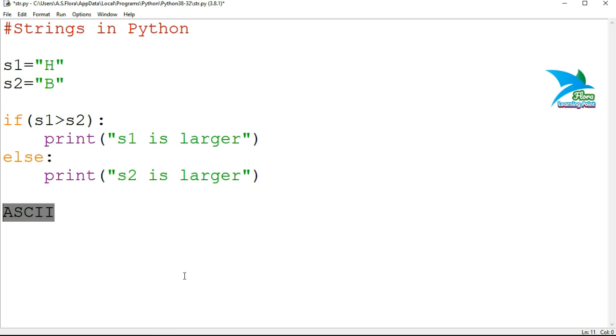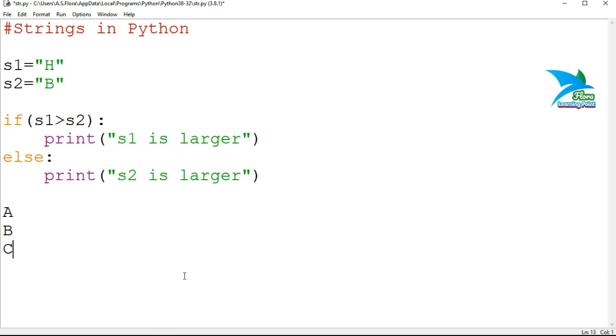When you compare like this, with greater than or less than, it will compare the ASCII values. ASCII stands for American Standard Code for Information Interchange. Each and every character has some ASCII value according to this system.